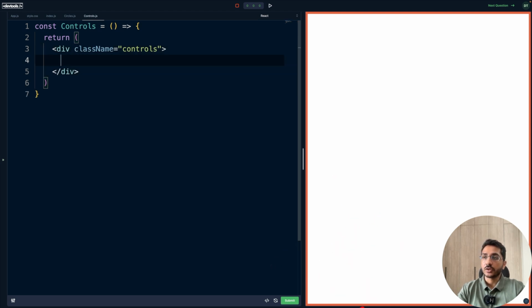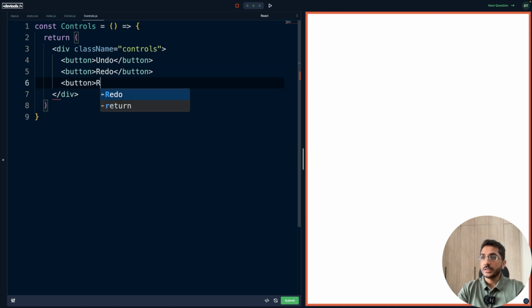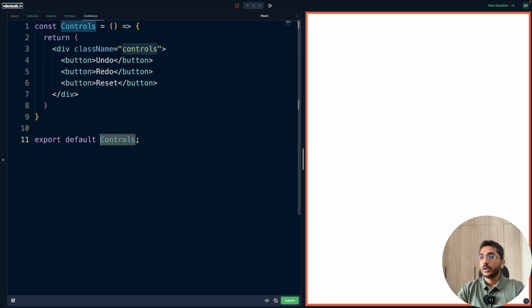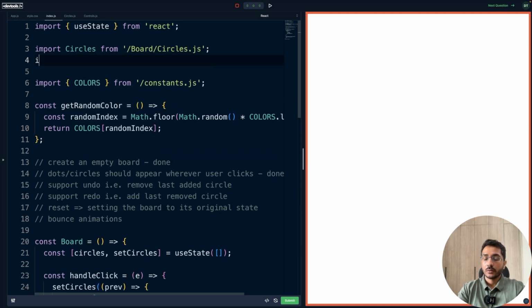If I create the structure here, we'll have one button which would say undo. We'll have another button which would say redo, and last would be reset. Okay, now if I export it and import in my index.js,